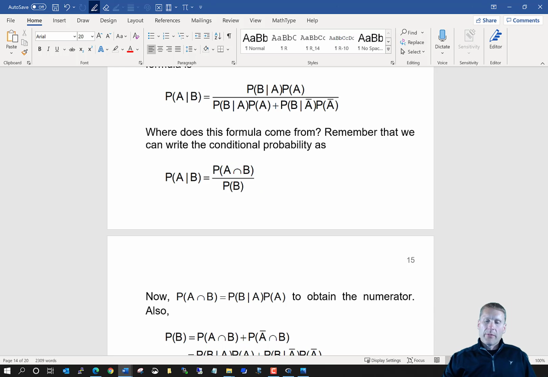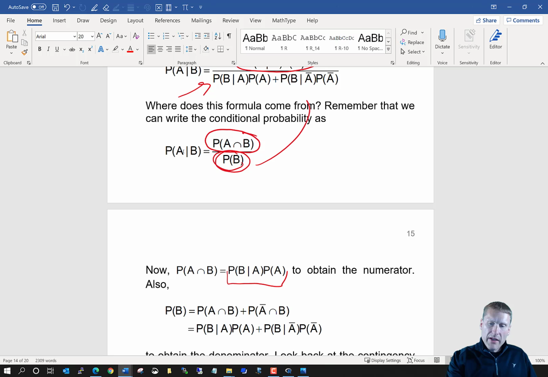Now remember that this numerator here can actually be written out by the multiplicative rule as the probability of B given A times the probability of A. Okay, so that's how we get this numerator. Now to get the denominator of our expression,